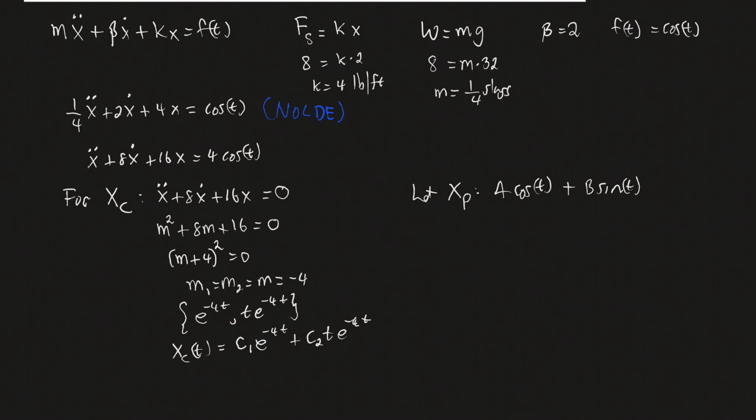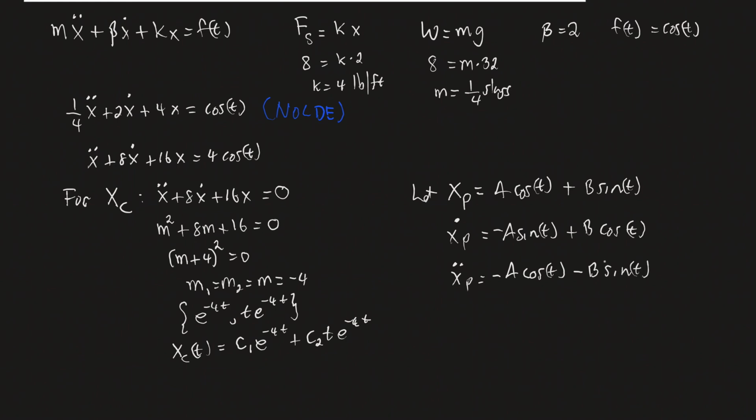Right, so it has to be sinusoids, and they have to have the same period or frequency for this to work. So in order to figure out a and b, we need to find the first and second derivatives of this, x_p dot, that's equal to negative a sine of t plus b cosine of t, and then x_p double dot is equal to negative a cosine of t minus b